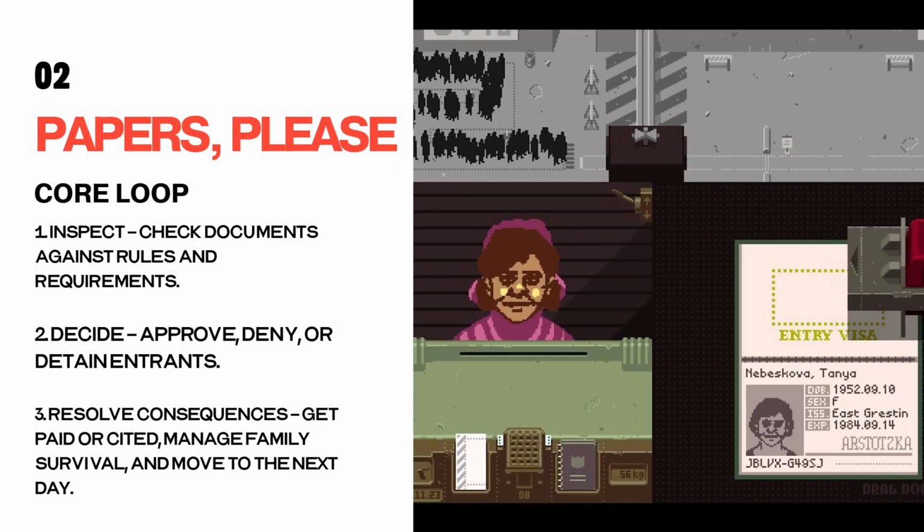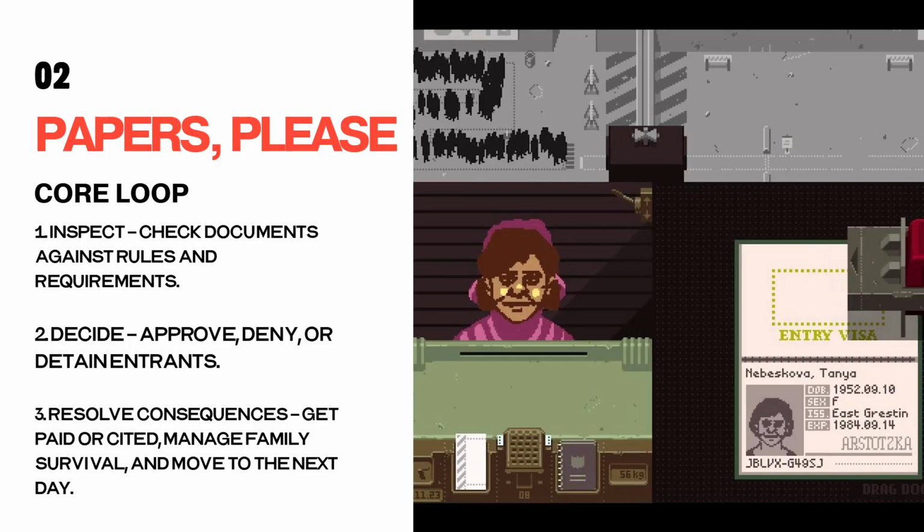Do you take that bribe for the sake of protecting your family? Do you take that bribe and report the person that bribed you? That's really it. You get cited. Maybe you might make a mistake. Maybe you might let people in that you shouldn't have, or sometimes you reject the people, or you deny the people that were supposed to come in. So it's really the big thing of this game is details, details, details.